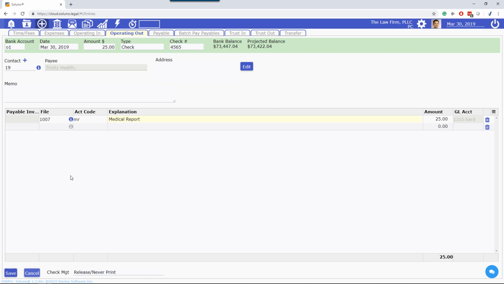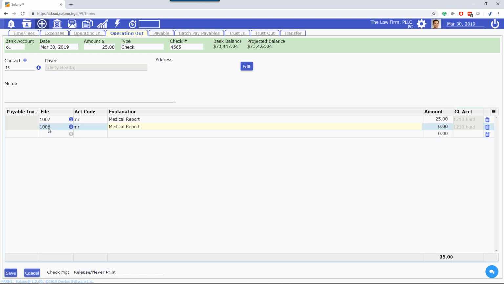The nice thing is, if we need to send a check to this provider for multiple files, probably the best example of this is some firms will use a medical record pulling agency, and so they will get a bill for records that were pulled against 100 different matters on one bill. So this bill will be $1,000, and we have to enter the lines for every file that the record was pulled against. So there you just go ahead and select the next file,